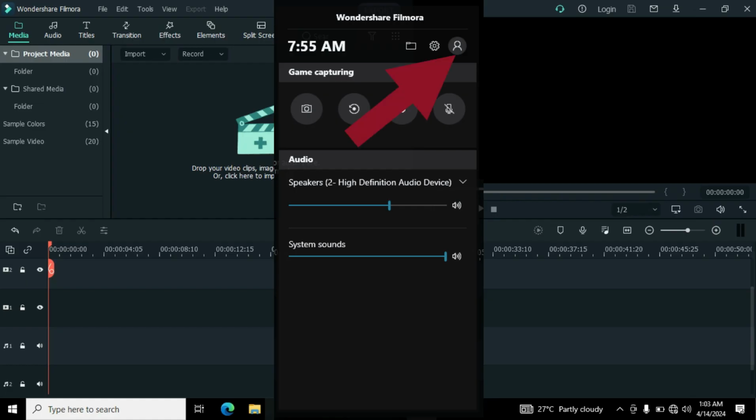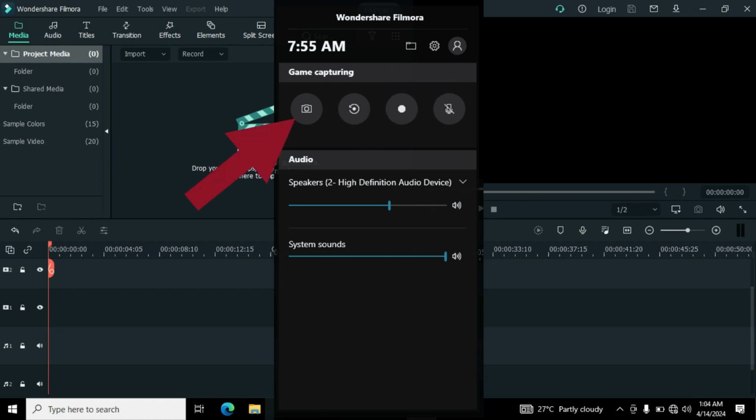You also have this profile icon where you can sign in with your Google account or your Outlook account or any email service provider account. You can sign in into this Xbox game interface, which can give you some information, or you can get access to other additional features. When you come below this game capturing feature, we have this as take a screenshot, and